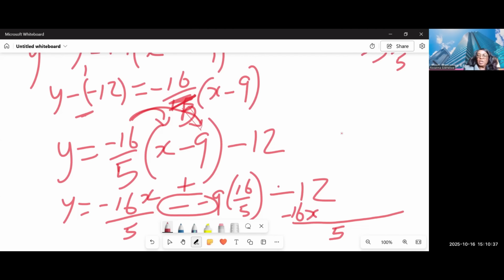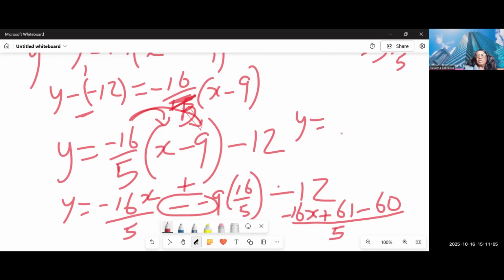And this is going to be plus, I already know that that is going to be 61, and it's positive. 5 multiplied by 12 is going to be 60, so minus 60. So when I simplify, I end up having